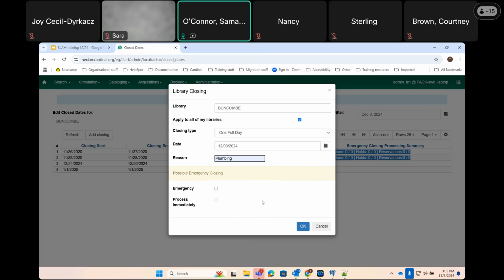This is something that you probably do want to do yearly, setting up all of the planned closures for the coming year. And then if you're doing that, you're not going to do any emergency closing here. If this is something that's sort of happening, in this case, I'm setting it for today. So it's telling me right now, this is a possible emergency closing. If I see this indicator, it's just a reminder that if it is an emergency closing, I need to say that it is, and then I need to determine if I'm processing the due date changes. And if I do,